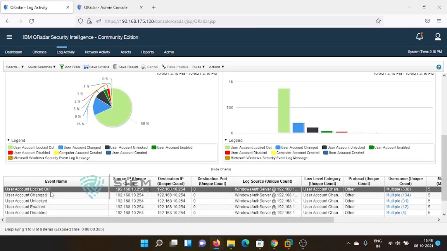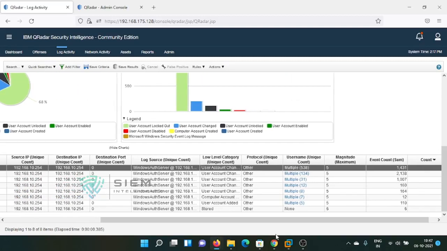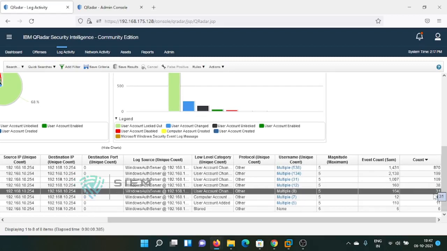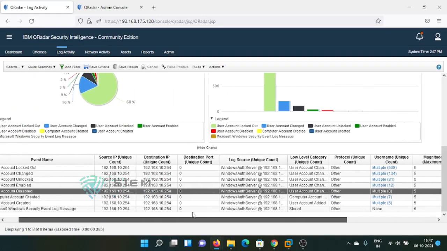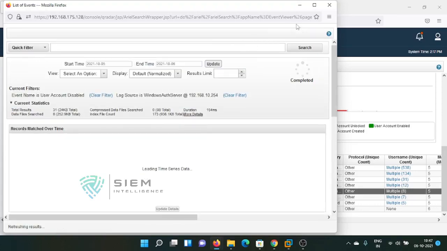That means some activities happened behind it. So you can come to know that, and you can easily get it. Say you don't know any events, but you want to see only user disabled activity. You can just double click on that particular event after doing the grouping. Why? Because see how many events there are: 164 events, and a total count of 31. So 31 users were disabled. Just double click over here, and now you will get only the logs of user account disabled with respect to time series.